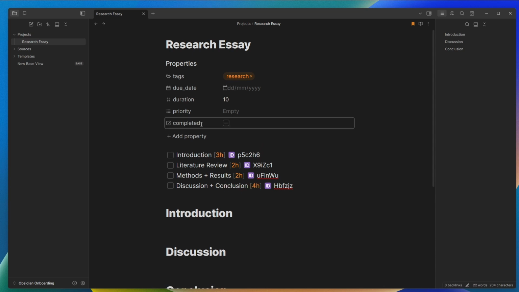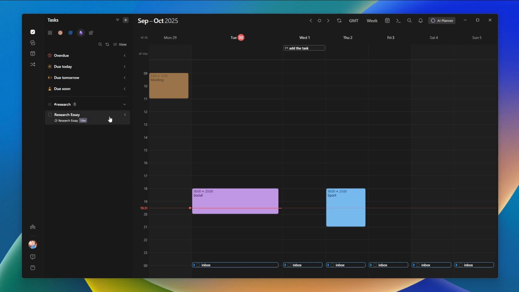But if I add a checkbox property called completed, let's just say it's not complete because it isn't, and then come back to Morgan, you can see Research Essay is now showing, and underneath it are the 4 task blocks. I have subtasks of the main task. Now, I personally don't use the task blocks underneath the main task because Morgan's AI Planner doesn't currently work with